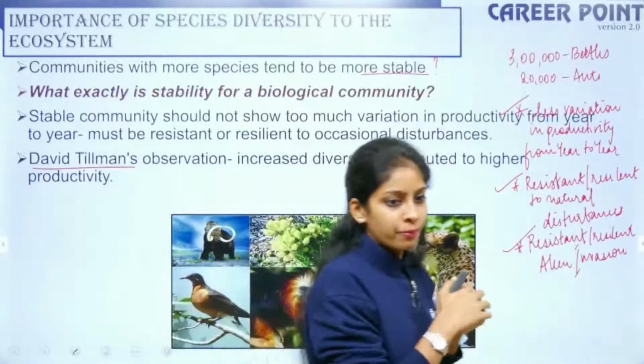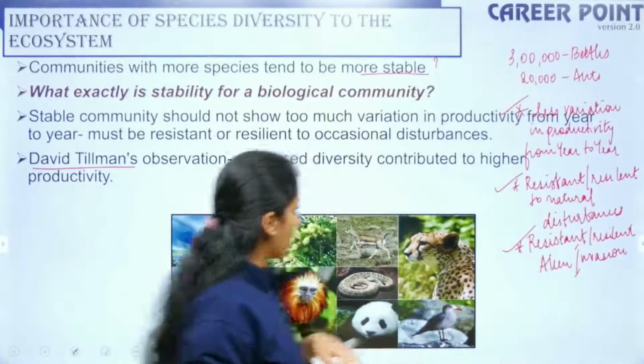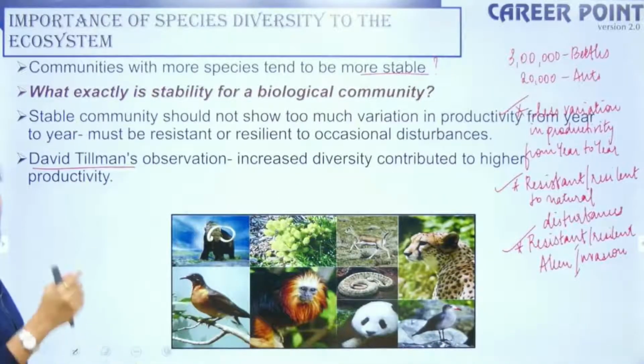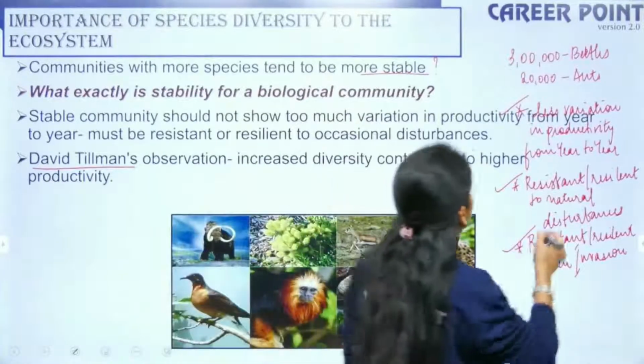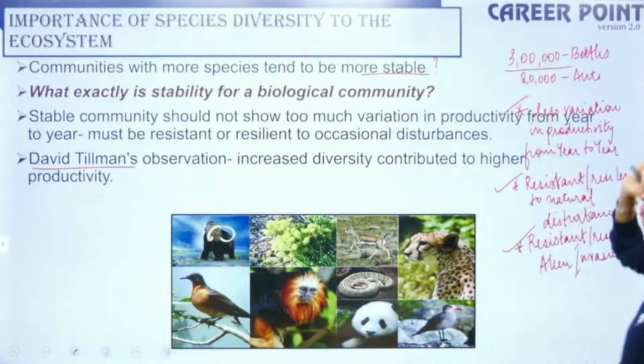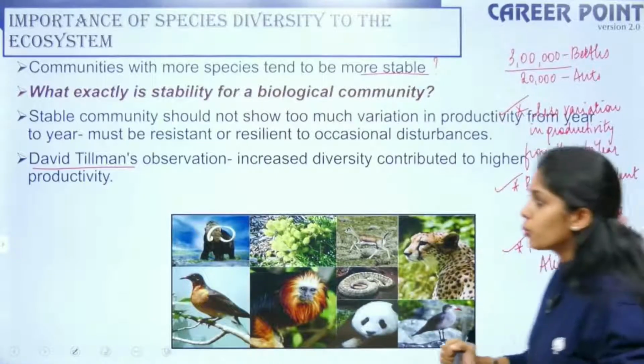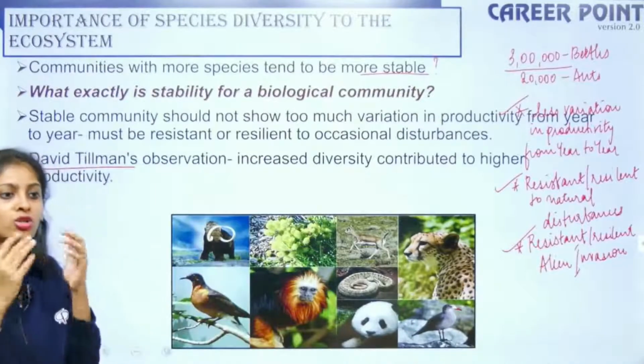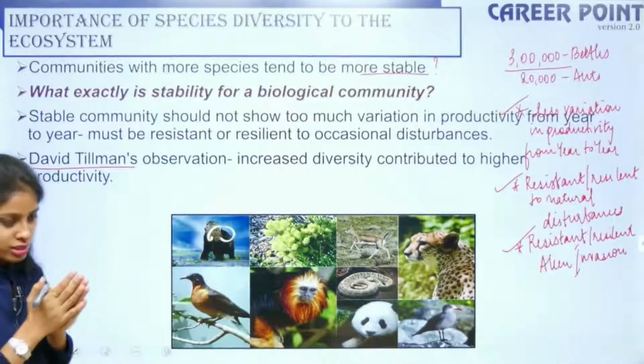Okay, so this was one point, but still they failed to understand why we should have so many species. For example, we have 3,00,000 species of beetle. What are we going to do with them? Thus, to give an analogy, a comparison, or an explanation for the same,